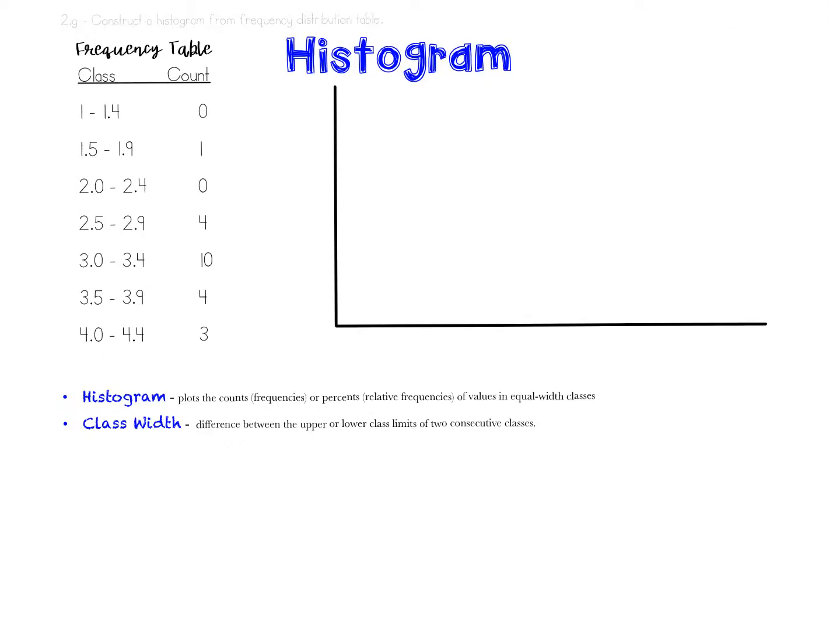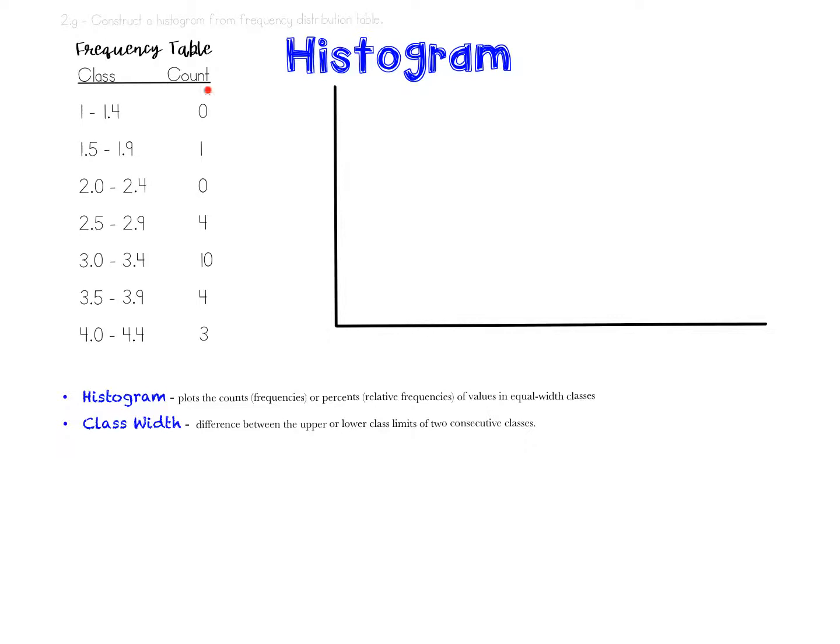Alright, so a histogram talks about frequencies or relative frequencies, which is percents of values in equal width classes. So essentially we're grouping them into what you may have heard me refer to as bins or classes. So that's what a histogram does, is we group data and then see how often things fall into that. The other term that you need to know is class width. So this is the difference between the upper or lower class limits of 2 consecutive classes. So I will explain what that means in just a minute, but let's go ahead and make a